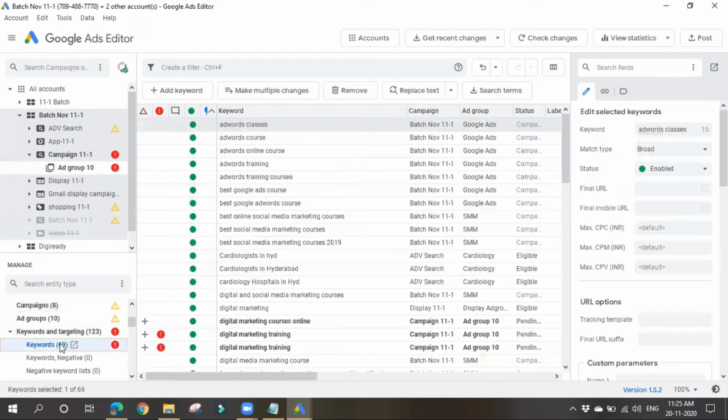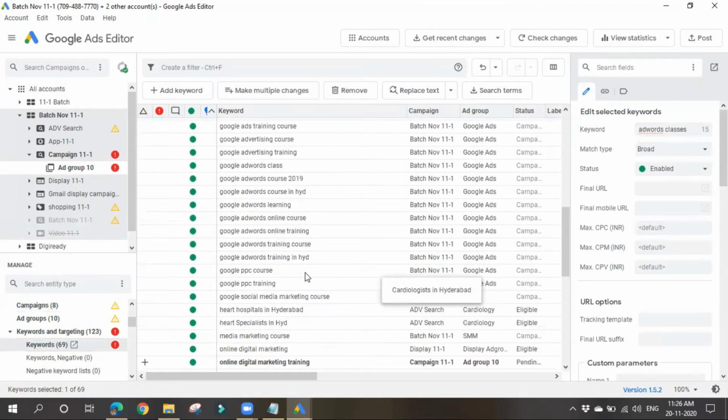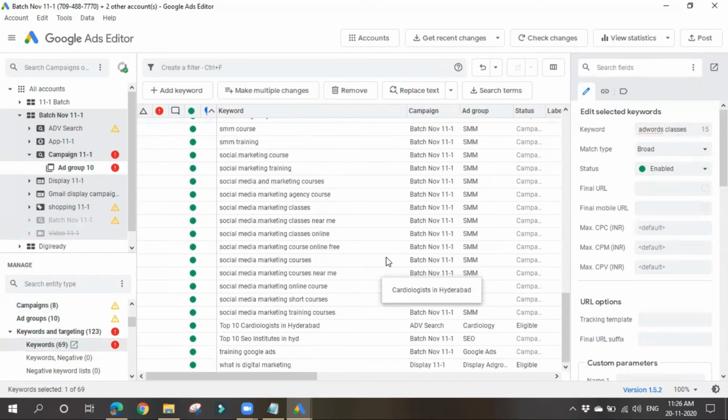Let me go to keywords. Now it is showing me all the keywords present in this entire account. If you want to make bulk changes, like changing all the keywords to exact match type, you can do that. Can we do that in Google Ads, changing all the keywords' match types or making bulk changes to the names of these keywords at a time?